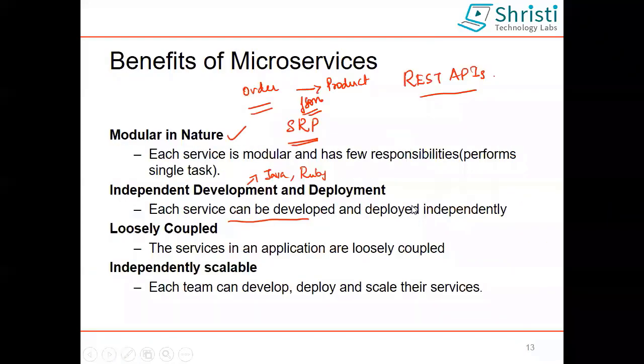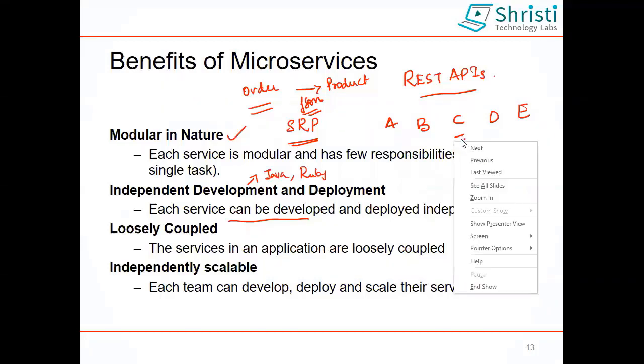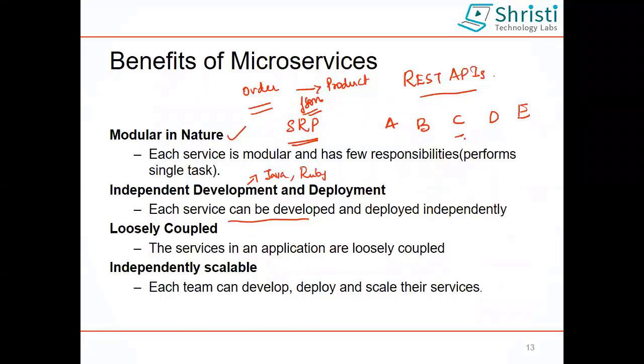Fine. So it is independently scalable. Now I have an order service. In the order service, suppose if I want to add some wish list or more functionality to this order service, that is also possible because you can add more and more functionalities to one particular service without disturbing any other services. These are all services A, B, C, D, E. In C, if I want to add more functionalities, it is not going to affect the other services. This is the best part of working in a microservice. It is scalable, and independent development and deployment is possible. So these are a few things.